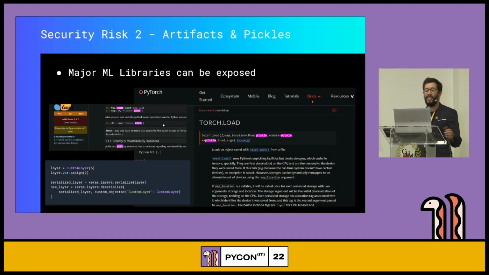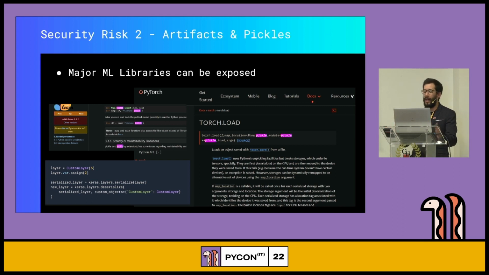Now, the challenge is actually a lot of the machine learning libraries that are popular in the machine learning space use Pickles, right? This is not just scikit-learn's joblib framework, but also some of the, I guess, more popular deep learning frameworks like PyTorch or even TensorFlow or Keras would use Pickle in some stage of their load and unload of models. And the question here is, well, should we create some sort of scanning tooling that would allow us to actually just open up the Pickles and see if there is any malicious code?